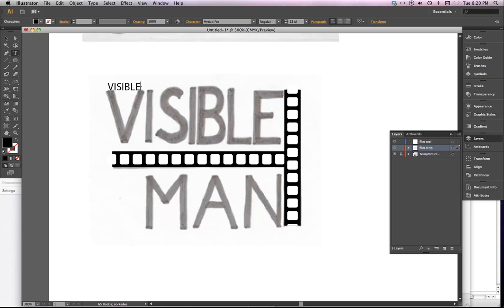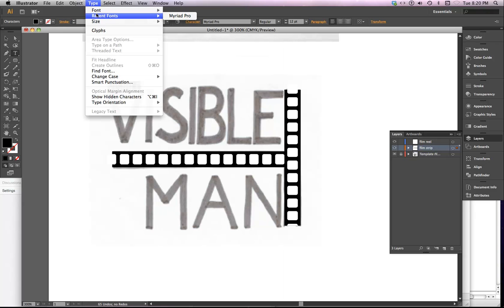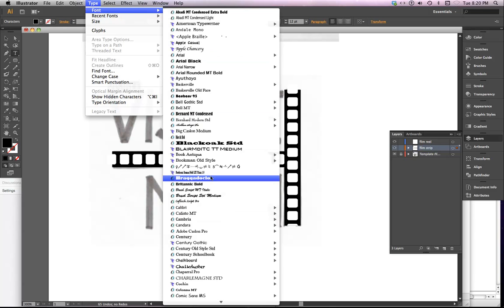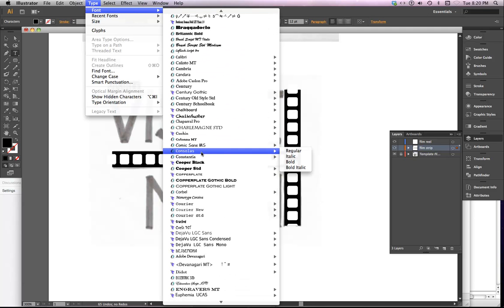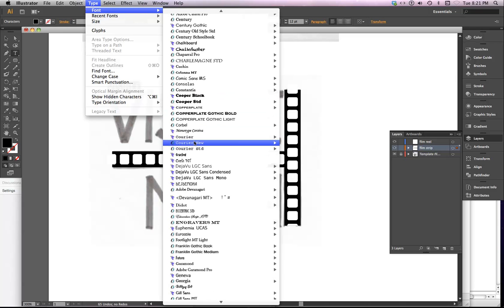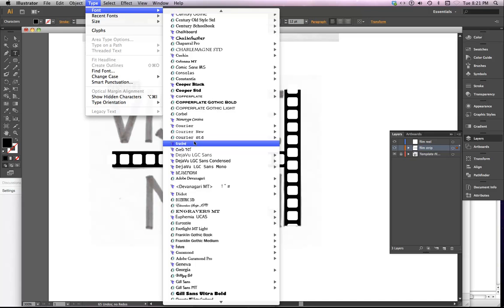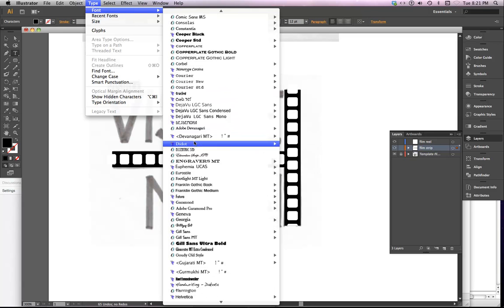But I want to select this, and I'm going to look for a type font. This time I'm looking for a special characteristic. I want a sans serif type that has a nice condensed look to it. Now, it turns out the very top choice there is a condensed typeface, so that one might work. And then I know that some of these other sans serif typefaces, as I'm looking through my list here,